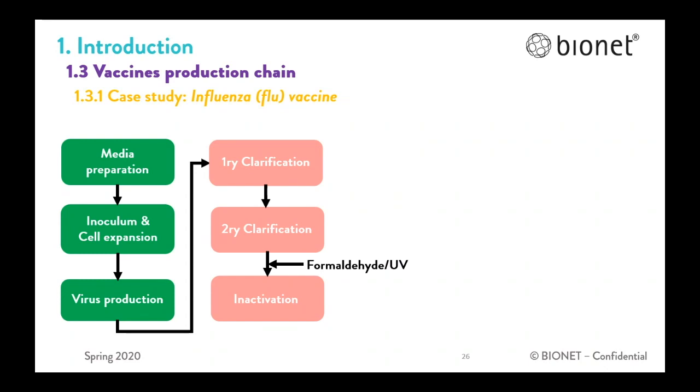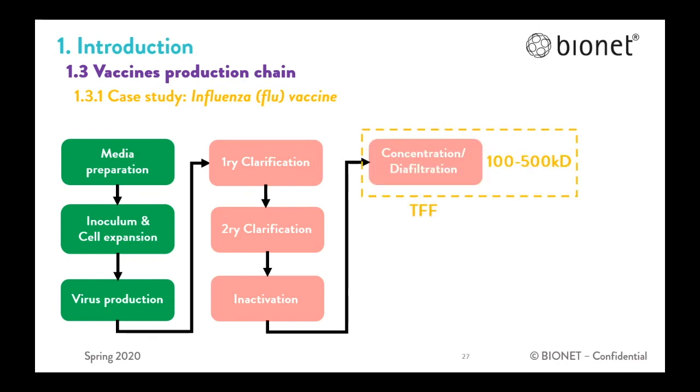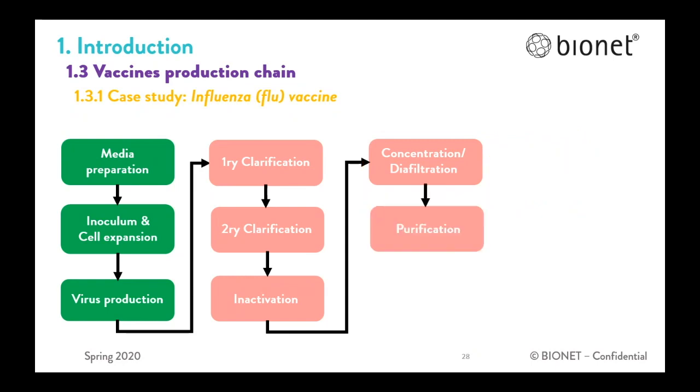The next step involves virus inactivation by formaldehyde addition or by UV radiation. After inactivation, whole virus particles are concentrated in order to reduce the process volume downstream. This concentration can also be done by TFF. UF combined with DF, or diafiltration, is performed to remove low molecular weight impurities like protein and host cell DNA or for buffer exchange. A more selective purification step by chromatography is normally necessary to remove the impurities that still